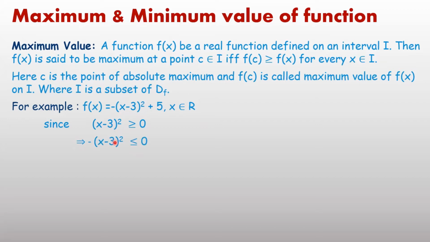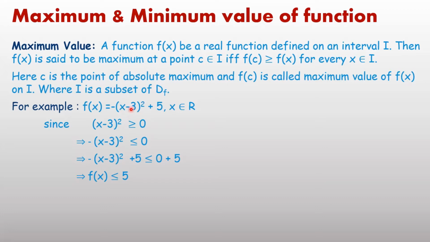If we multiply by a minus sign, the sign of the inequality will change, and you can say minus (x minus 3) whole square is less than or equal to 0. Whenever you multiply by a minus sign, now you can say its maximum value is 0. Now add 5 on both sides. Then on the LHS you get f(x) and on the RHS 0 plus 5, that is 5. f(x) is less than or equal to 5, meaning the value of the function will be less than or equal to 5. It implies the maximum value of the function is 5, and the value of the function is 5 if x equal to 3,